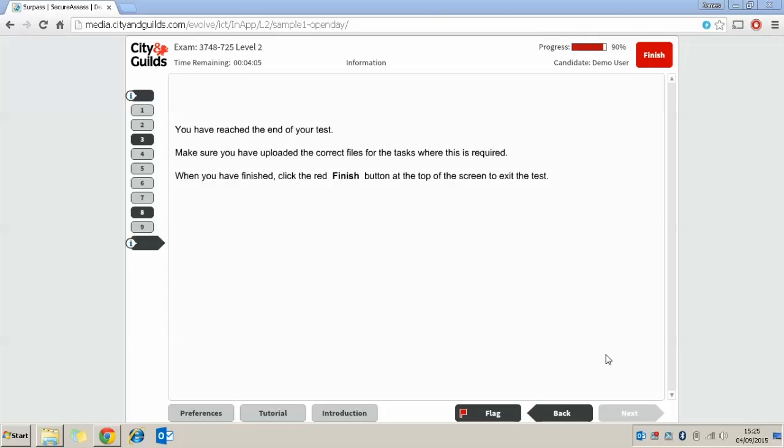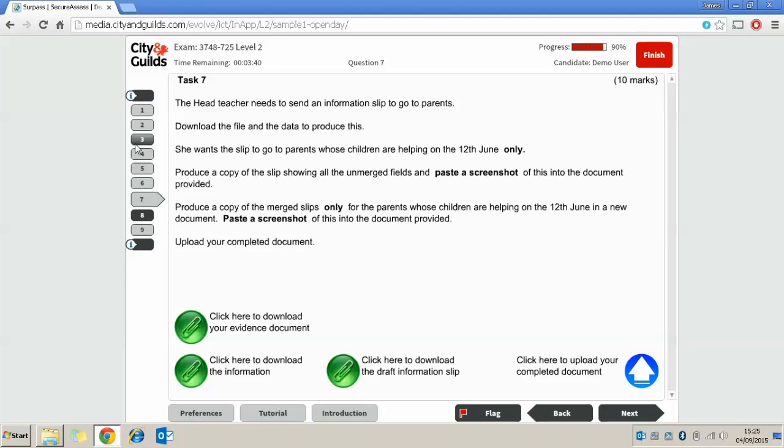So finally then, when you've finished your test, it'll say you've reached the end of your test. You'll get an option to click the Finish button, which is in the top corner here. But if you do want to quickly check over any of the questions, you can use this little bar on the left hand side to select any of the questions to go back and check and make sure you're happy with what you've done there. So you can easily click back into a previous question here,